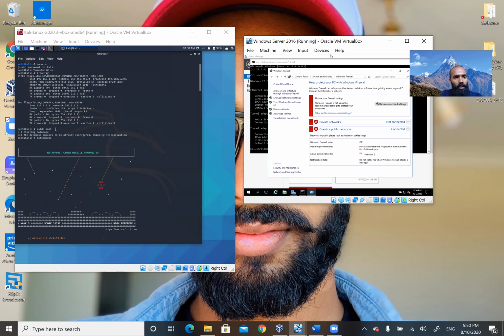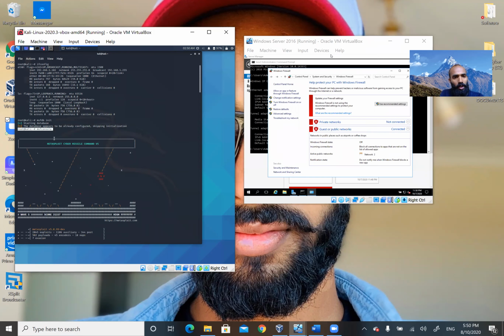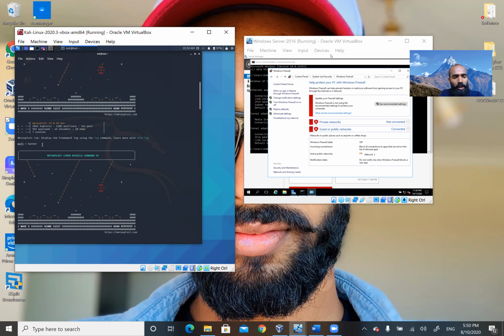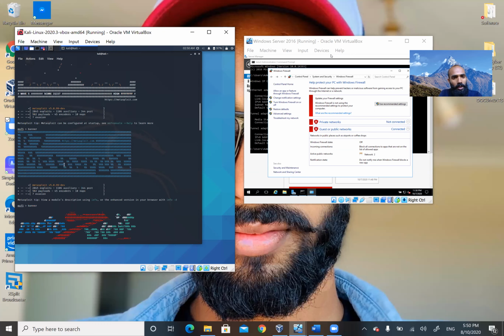So first of all, we have initialized the Metasploit framework, and then we started the Metasploit framework console. Here's the third command for the Metasploit framework. In this one we have put banner. This is for changing the banner of the Metasploit framework. We can do it the whole day and it will continue changing. We have done it a couple of times here, you can see.